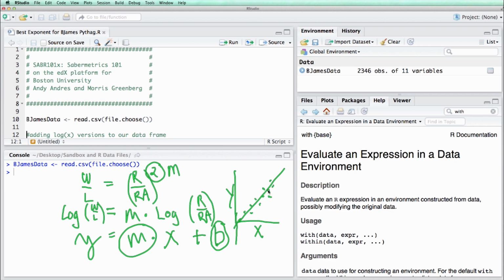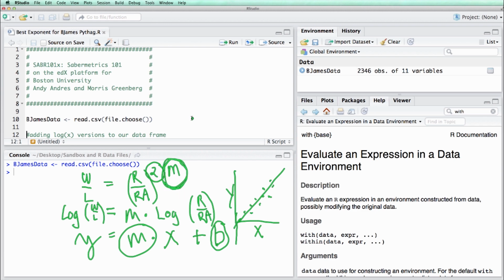Now the key is we can use any data we want. We can just look at the 2000s. We can look at just the 1950s. Look at the dead ball era. Any era we want, we can put into this model to get the best fit line of the Pythagorean theorem. That's what this process will do for us, is find the best estimator for the exponent in this form of